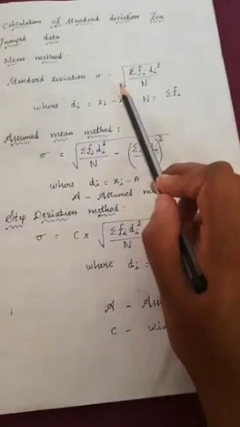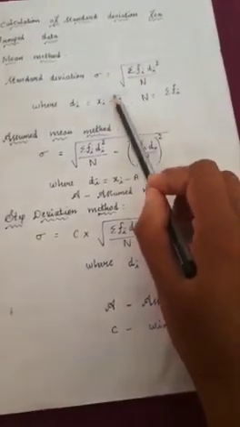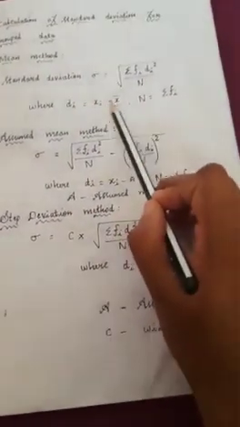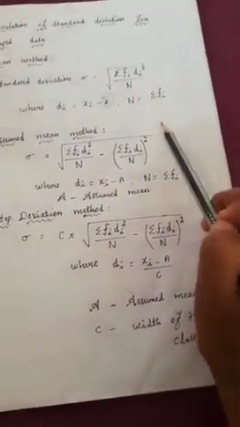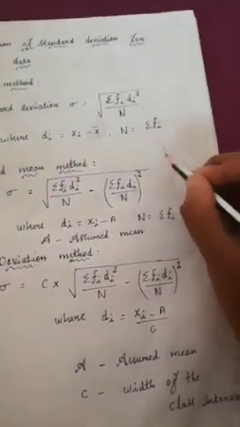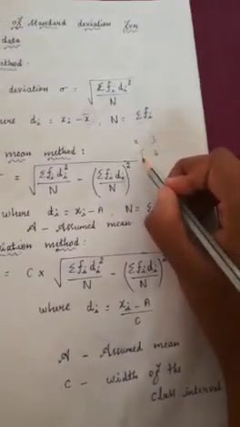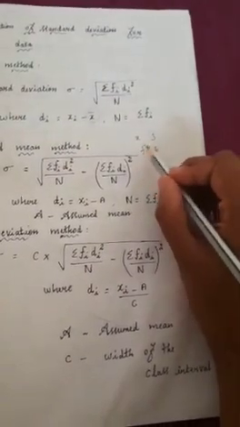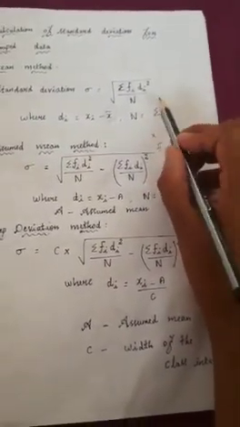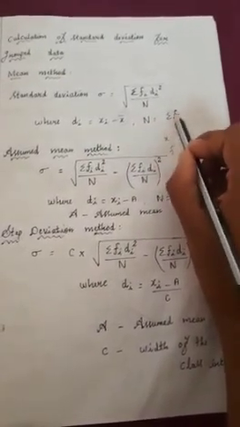There we have also seen the direct method, assumed mean method, and step deviation method for finding the mean. Because that is grouped data. So here the di value is xi minus x bar, and n means nothing but summation fi. What is fi? Frequency. For example, how many times does 3 occur? This is the xi value. So f means how many times 3 occurs, that is the frequency. If you add it all up, that is the summation fi, so that is the n value. N means adding all the fi values, the frequency values.